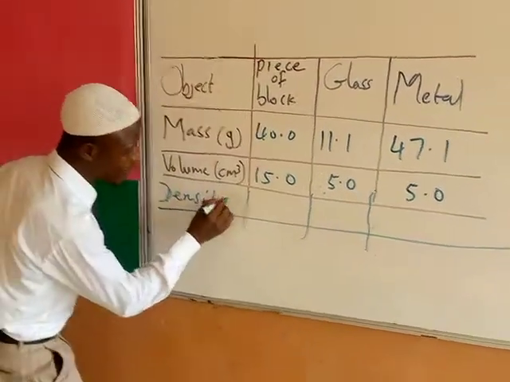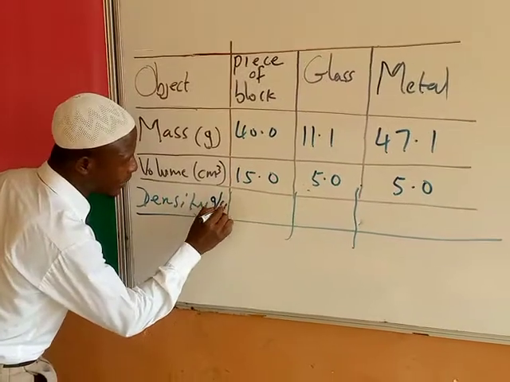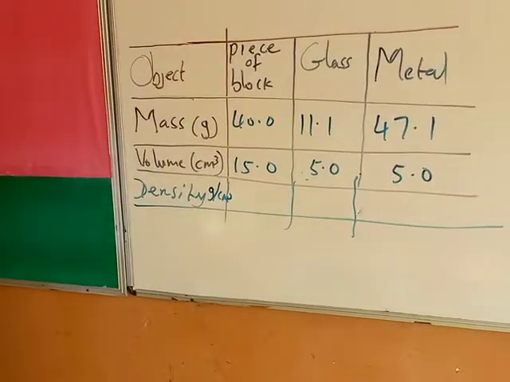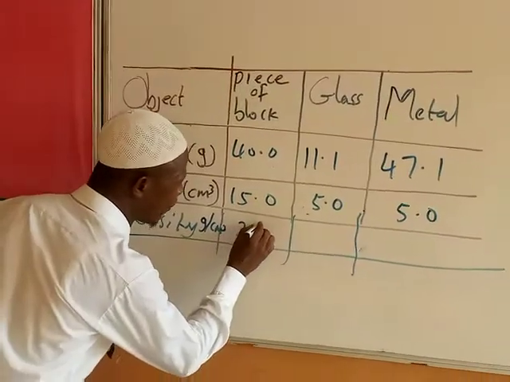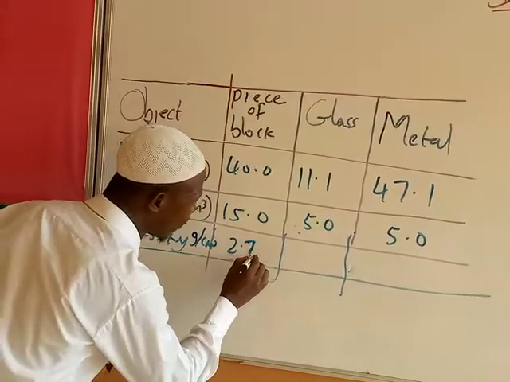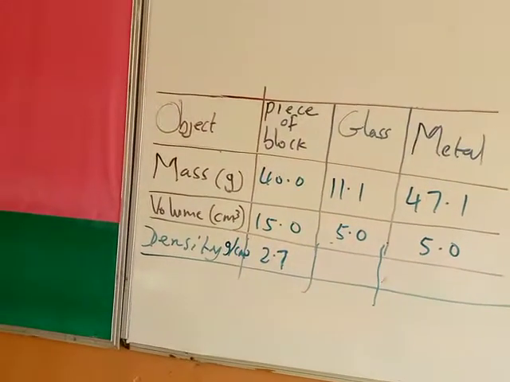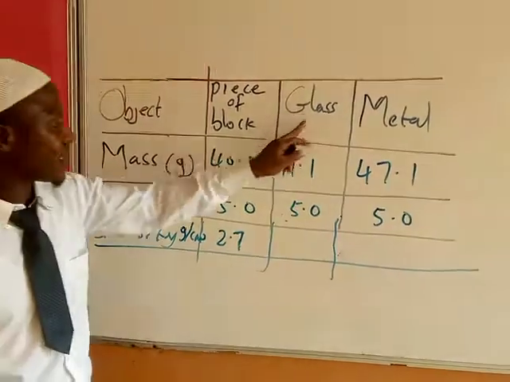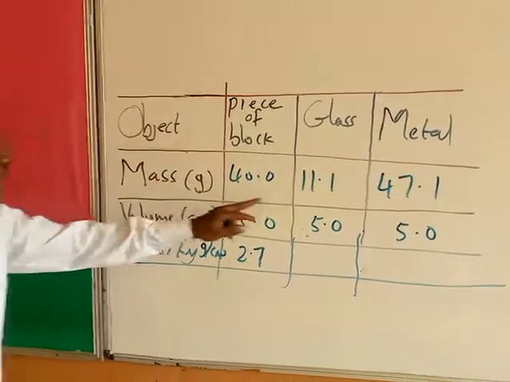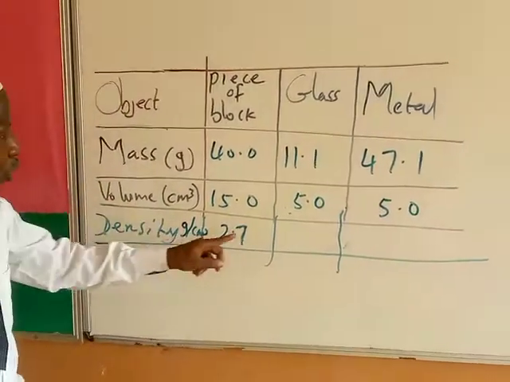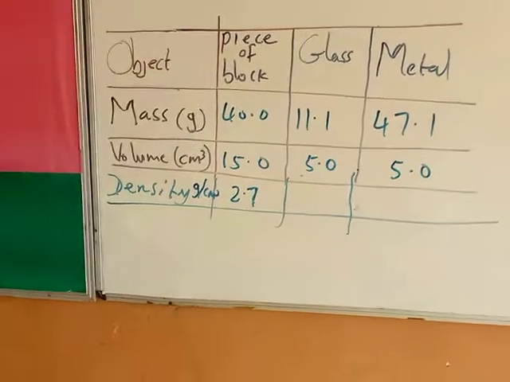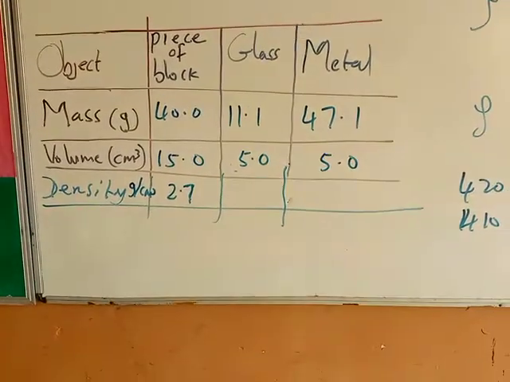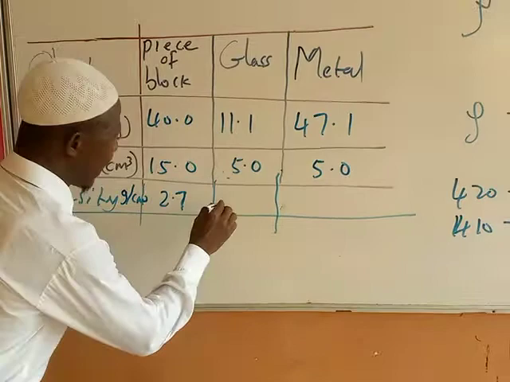Gram per centimeter cube. That's 2.7. So this one will give us 2.7 gram per centimeter cube. Now, for the glass, the mass is 11.1, then the volume is 5. So we divide 11.1 by 5 to get 2.22. So the answer is